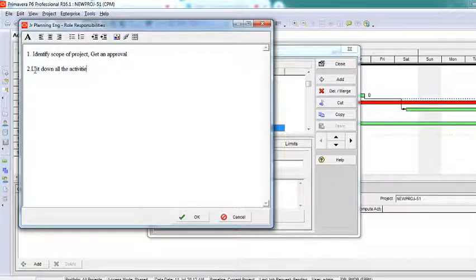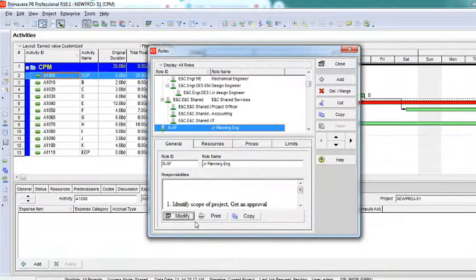Now this is just an example of what I'm trying to type, but it can be anything. I'm just going to jot down each and every responsibility, the roles, what this fellow has to do. So the role is a planning engineer. The responsibility of that fellow, what he is going to do, or accountability. This word is really good. I like this word. This is called accountability.